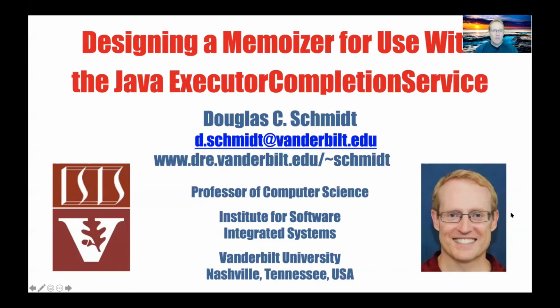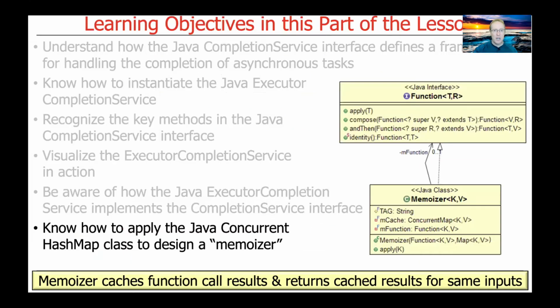So we're now going to shift our focus just a little bit to talk about another class that we will then combine with the executor completion service in order to implement yet another variant of the prime checker app that we've been using as our running example throughout all these different lessons on the executor framework. And this particular discussion is cool because it will give you a chance to learn about a very interesting data